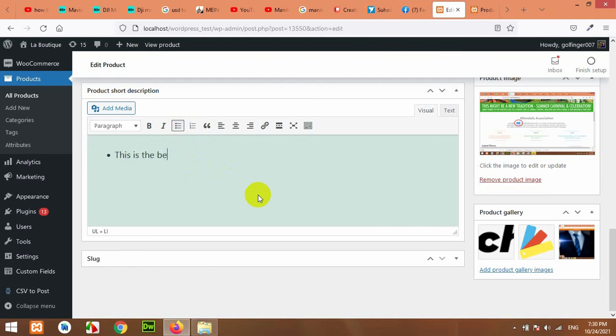This is the best vacuum cleaner. This will be your first cleaner. It's lightweight and portable, something like this.